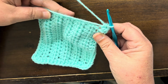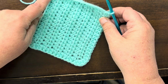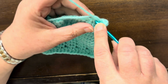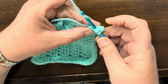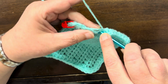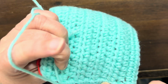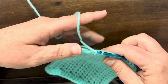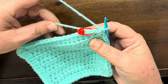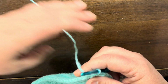And then we're going to work our way back across, just like we did on this side. We're going to work our way back across on this side, working into every row. So half double, oh, there we go. All right, feel free to grab that little thing and tug. You want to make sure that it's not really seen, and it does tend to poke out there. So, all right, so then right here in this one stitch, that was our